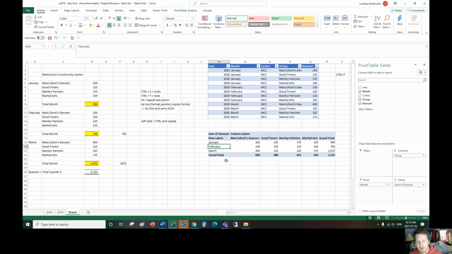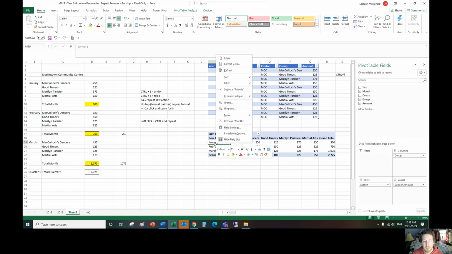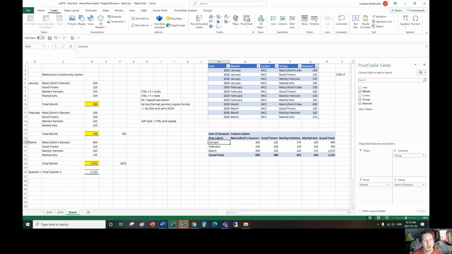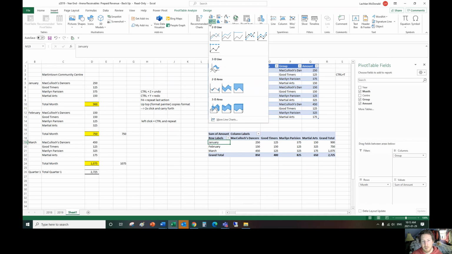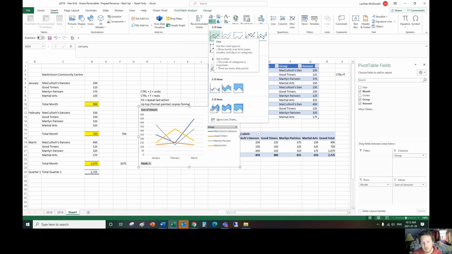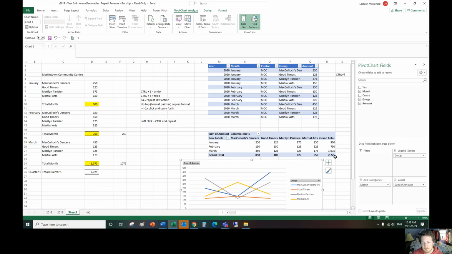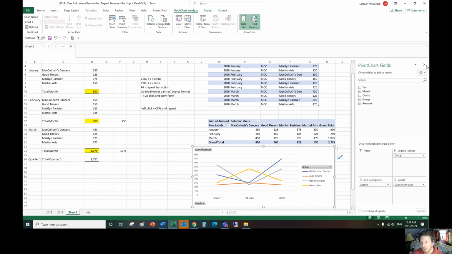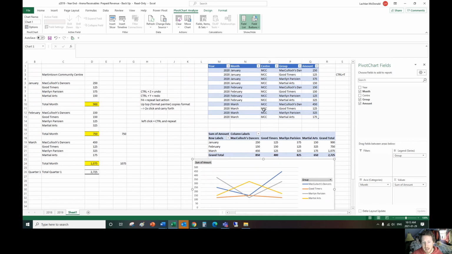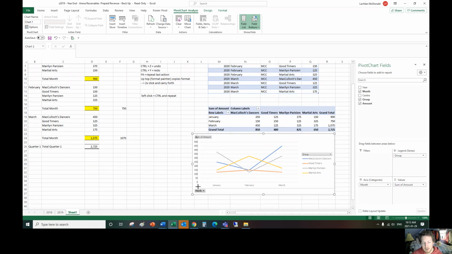Additional to this, you can see revenue across time with charts. So I'm going to highlight here. I'm going to go to insert up top. I'm just going to take a line chart and see how we'll build this. So I'm going to take just a regular line chart, and you can see how now, and this is the power of pivot tables and tabular data, now we have a chart made very quickly,